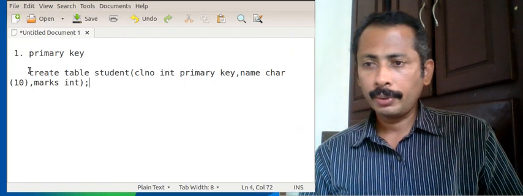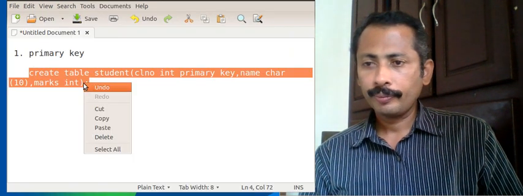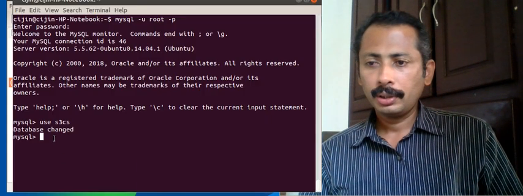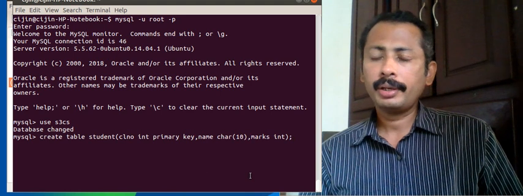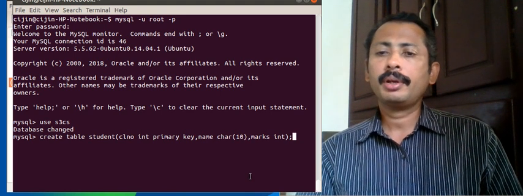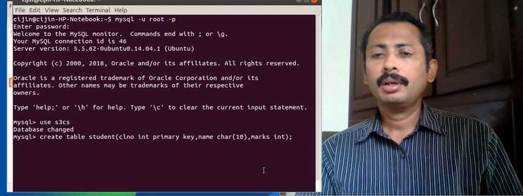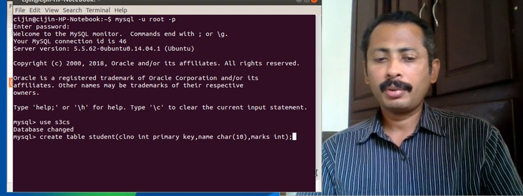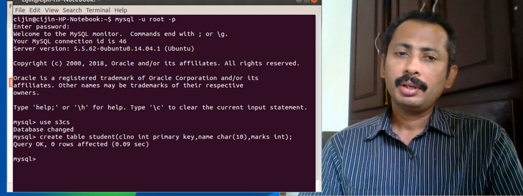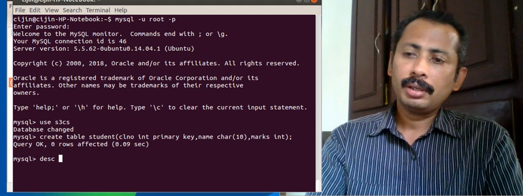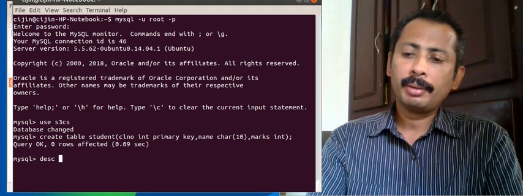I am copying this query from here and pasting it here. So create table student, class number int primary key, name of character type 10 size, and marks of integer type. It shows query okay, and now you can see the structure with describe student.